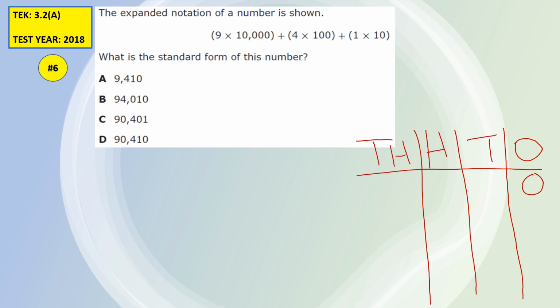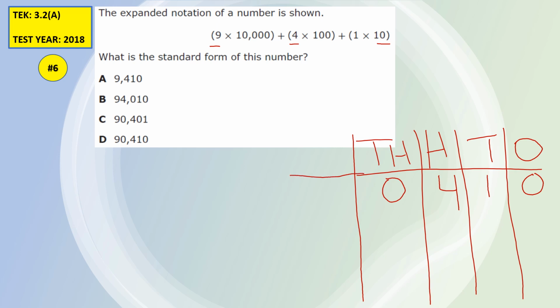Since 1 is multiplied by 10, then there should be a 1 in the tens place. The digit 4 is multiplied by 100, which means I should have a 4 in the hundreds place. There is no digit being multiplied by 1,000, which means I'm going to have a 0 in the thousands place,